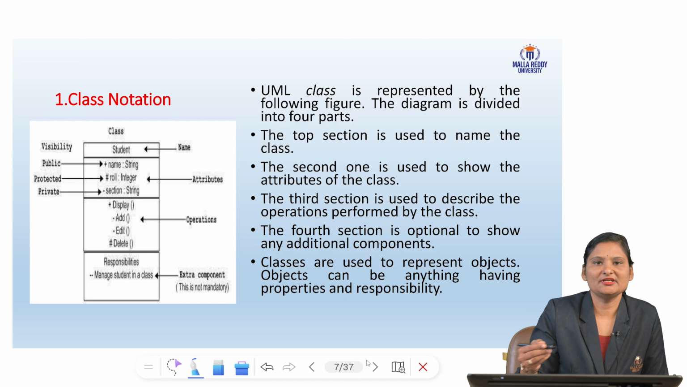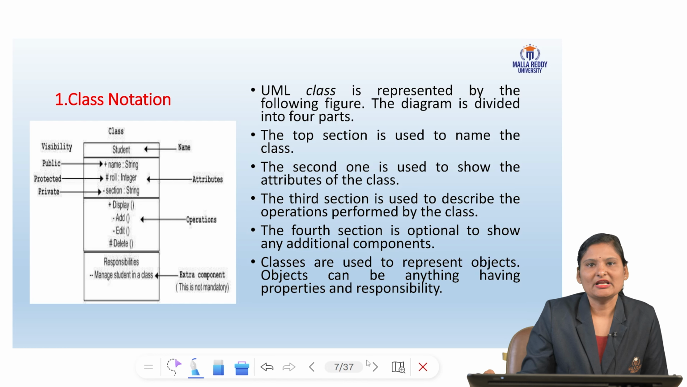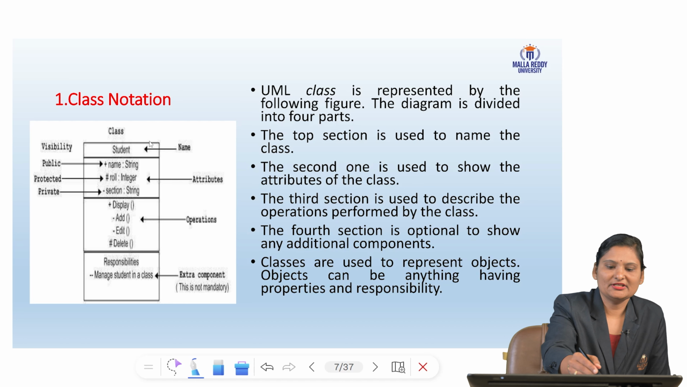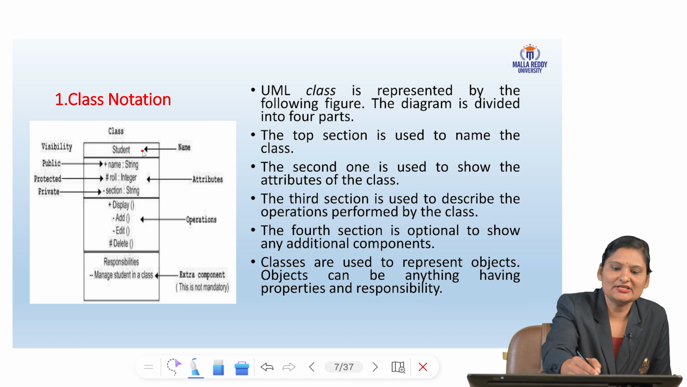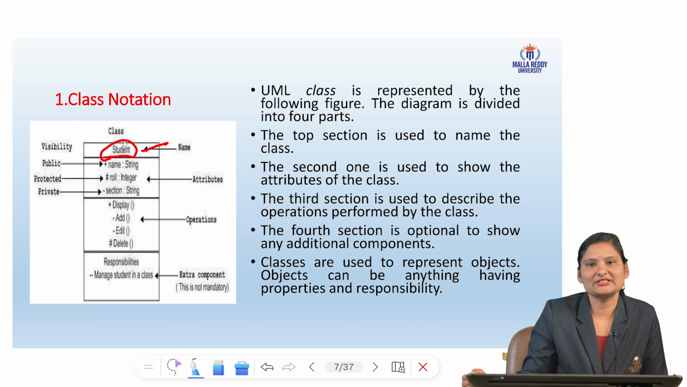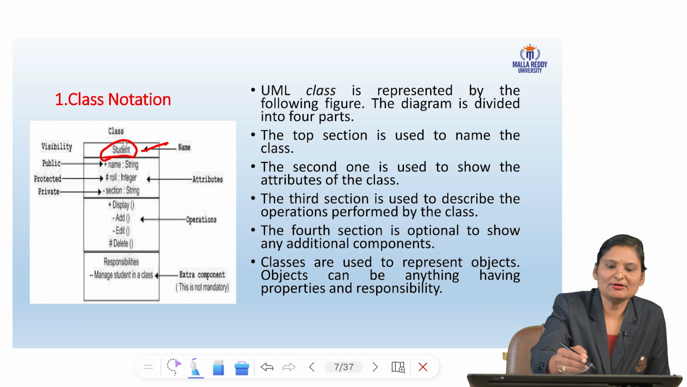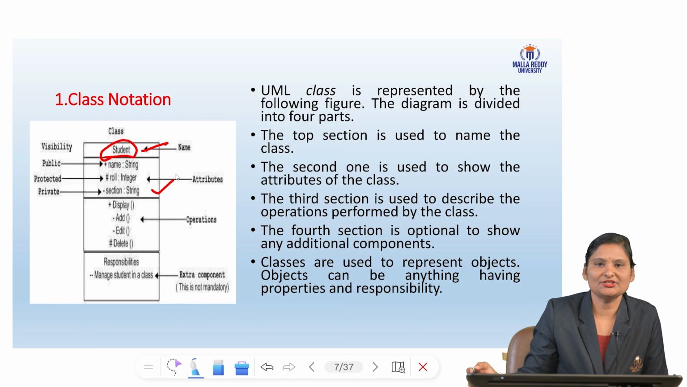Next, the first thing in structural is class notation. How to draw the class notation? Whenever we represent a UML class, it is represented by dividing the figure. You can see here the class diagram, which is divided into 4 parts or 4 sections. The top section consists of the class name, and the second part of the class notation consists of information, which